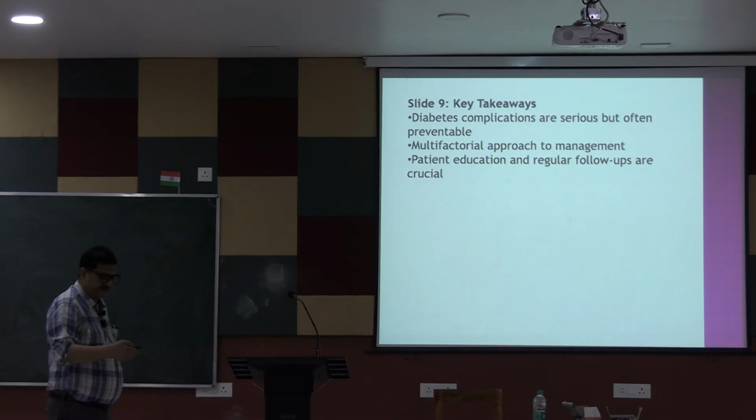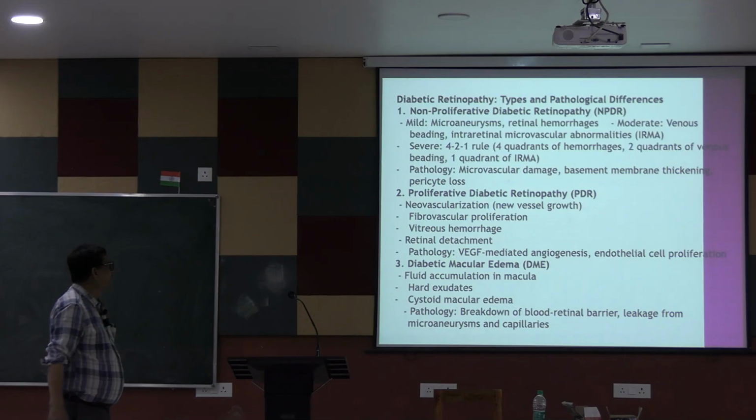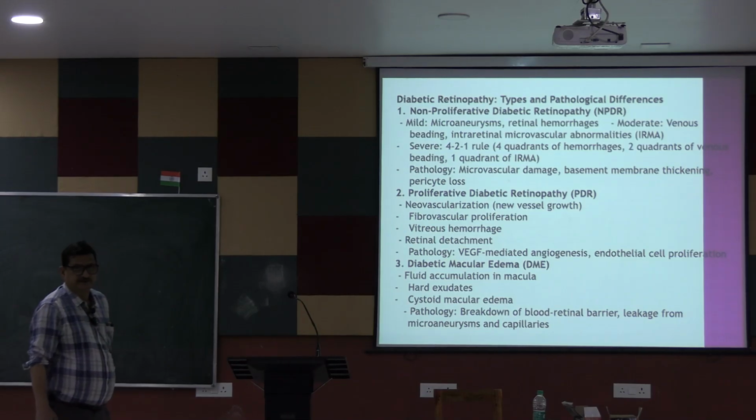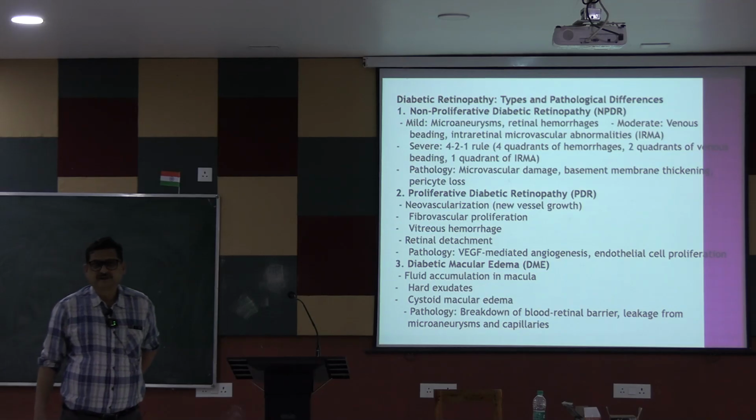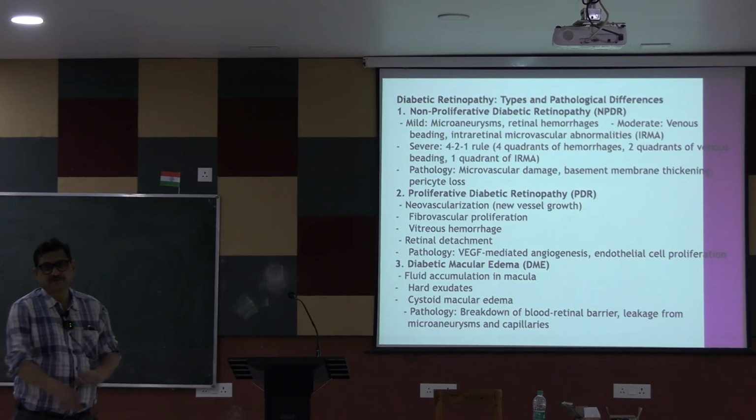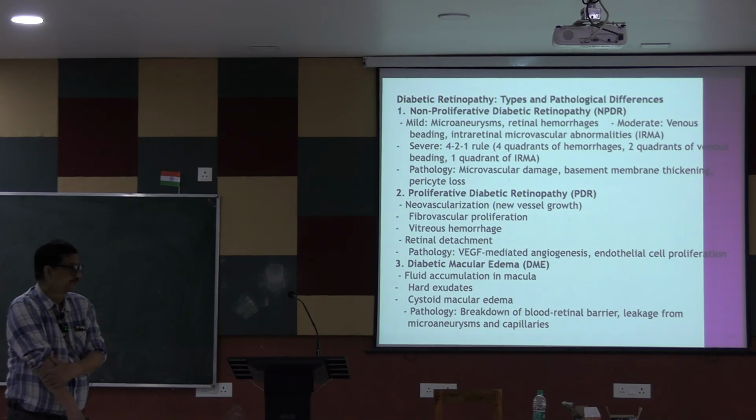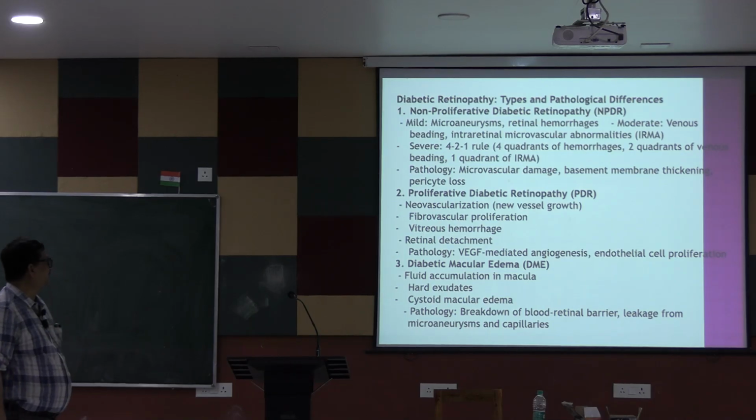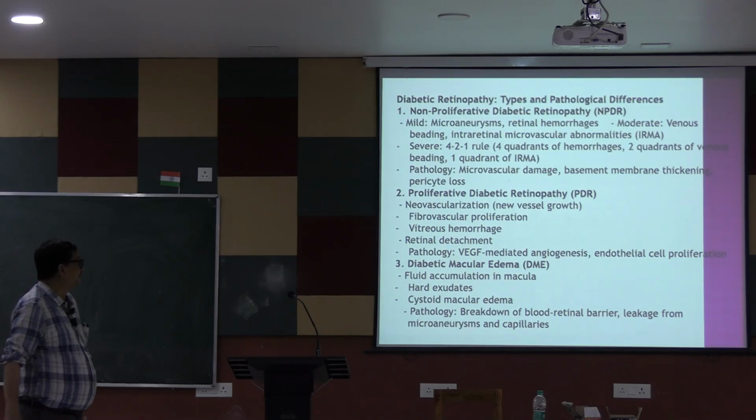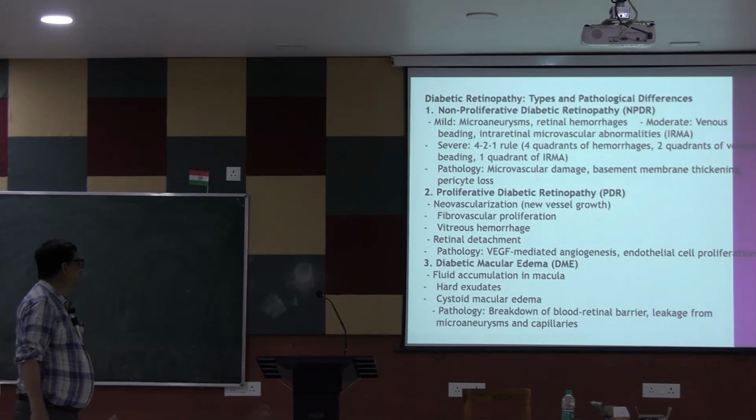I will go further regarding retinopathy. Diabetic retinopathy, keep it ready for your short note also. It is of two types. Basically, first is non-proliferative diabetic retinopathy, NPDR, where there are microaneurysms first,